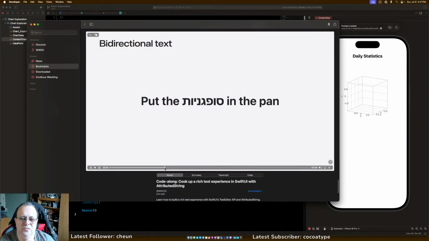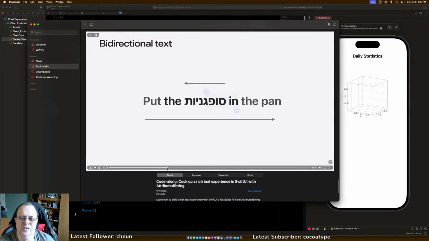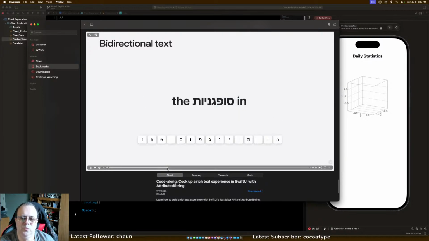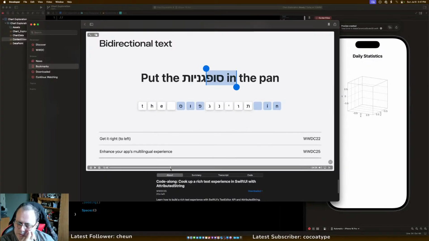Turns out that's not necessarily what's going on here. And this was interesting too, this bidirectional support. This was fascinating, right? So obviously it displays it one way, but the way that it breaks the string down is still left to right, as far as when it breaks it down to each of these passes here. And I realize I'm giving away all of the content for the podcast episode,